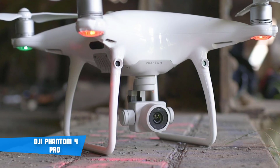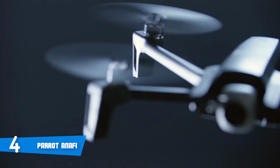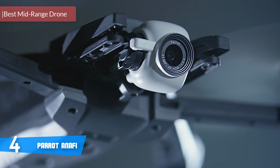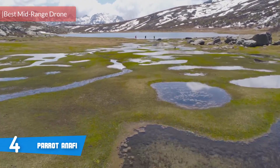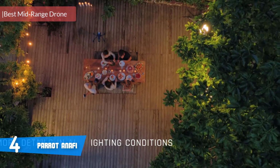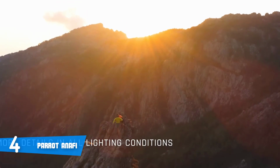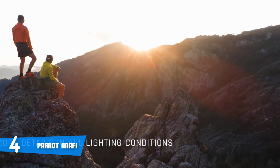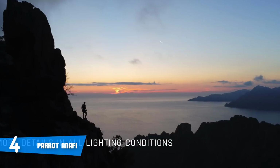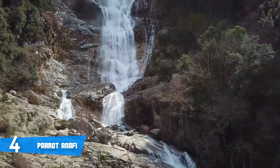At number 4, it's the Parrot Anafi. The Parrot Anafi would be a really good option for you if you're looking for an exceptionally compact quadcopter that comes with a 4K HDR camera and a long battery life, which will allow you to capture wonderful photos and videos of your journeys. From a design perspective, the Anafi has an all-grey finished body with a lightweight carbon frame